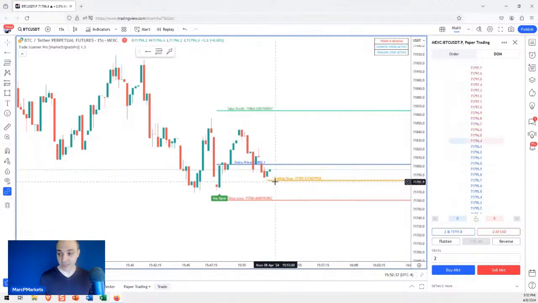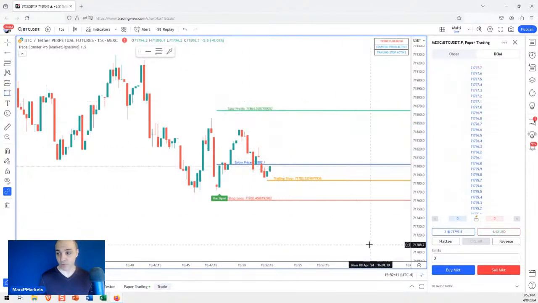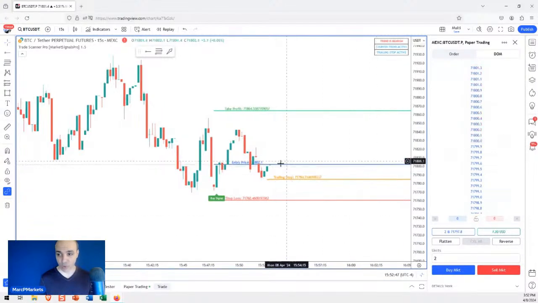Now, this thing may not touch the trailing stop, and it may turn back around, and it may go this way. Cool. But I'm letting the market tell me what to do. I'm not reacting. You notice? I'm just letting the orders either get touched or they don't. This trailing stop is very likely to get touched because on this time frame, this thing can easily produce a large red candle very quickly. So far, I'm still in it.